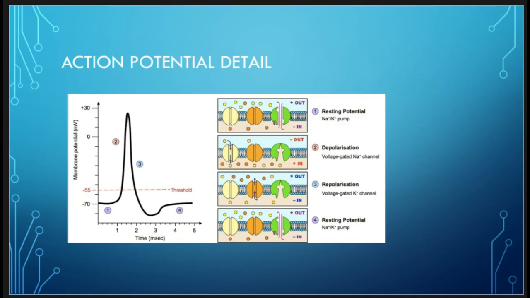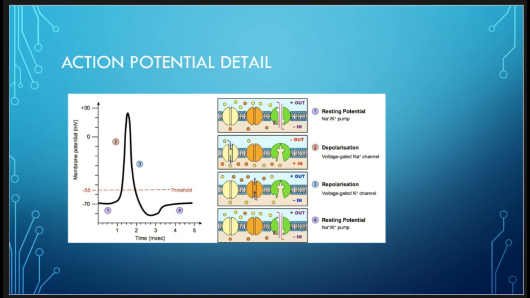So we open up the voltage-gated channel for the sodium, and it allows the sodium to rush in, and this change, of course, is going to change the charge within the cell from negative to positive. You can see that change is going to go from negative 70 millivolts on the graph that we have here up to 30 millivolts, and that is going to continue to propagate. So the sodium rushes in,